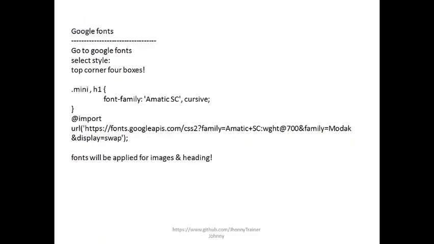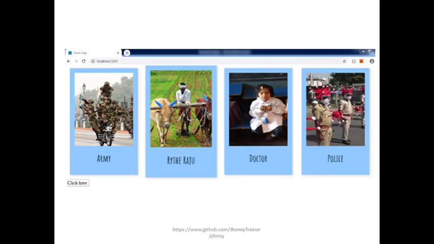Next, we have used Google Fonts for both the div element as well as the h1 tag for the respective images. Next, we got an output where, when I click on this button, we have placed an image and we are placing a button there, and we were using onClick, which should be written in camel case, followed by the event handler and the method name, that is this dot, the method name.